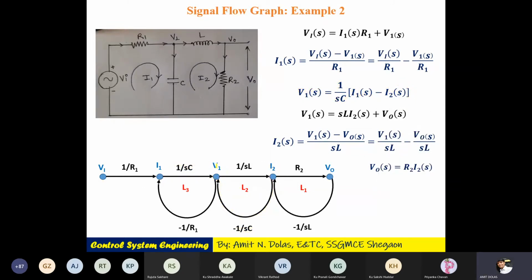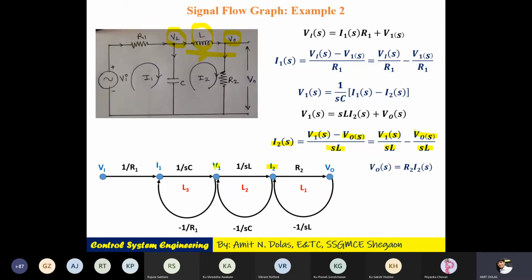Now I am interested in finding out the relation between V1 and I2, meaning I2 due to V1. So what I did here, I2 of S ये I2 यहां से जा रहा है ये L1 से, I2 कैसे लिखोगे आप? These are the two voltages. यहाँ पे V1 है, यहाँ पे V0 है. I2 is initiated from V1 going towards V0. So I may write V1 of S minus V0 of S divided by impedance. ये इसका Laplacian form में it will be SL. Separate that. It will be V1 of S by SL minus V0 of S by SL.